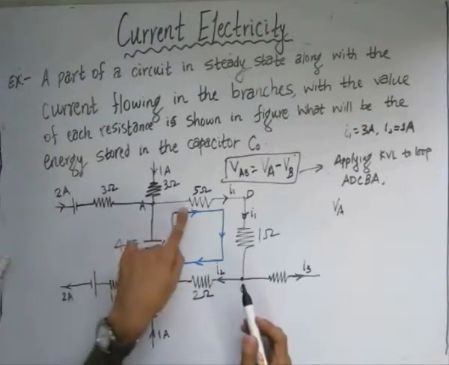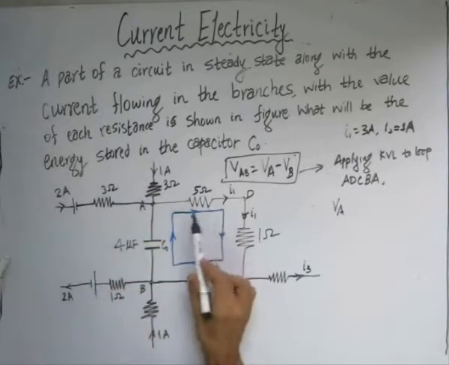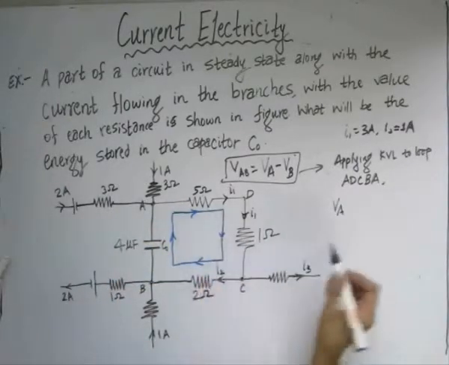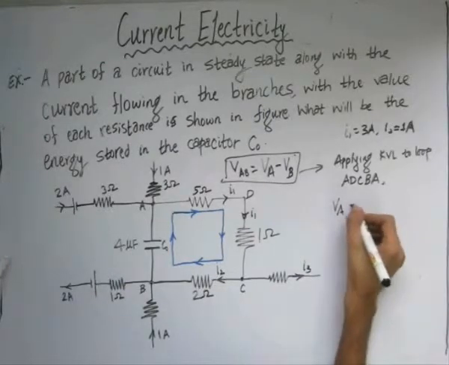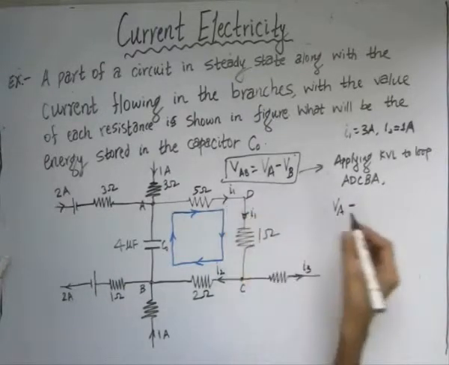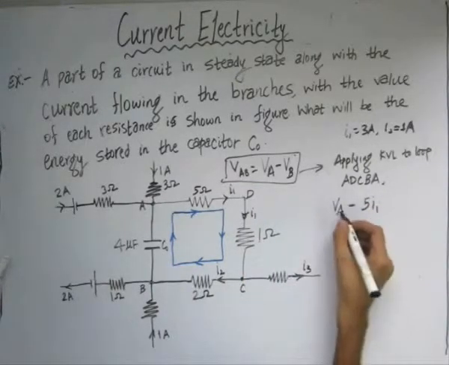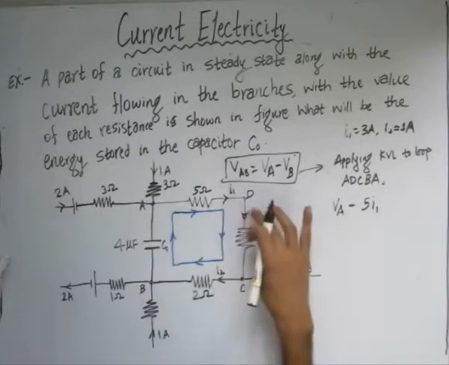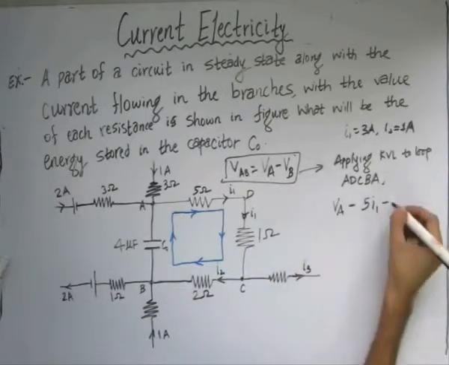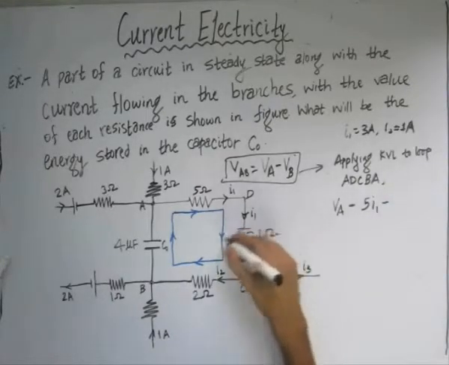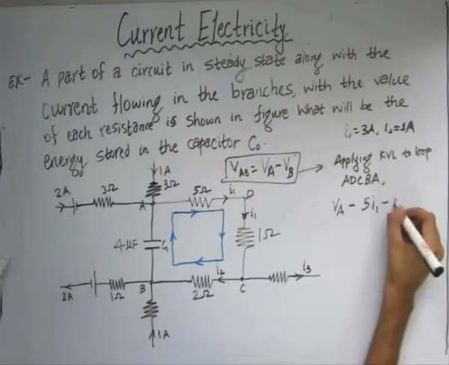Then for this potential drop, the direction of the current I1 and the direction of the loop, as can be seen, both are in the same direction. So the potential drop should be taken as negative as per the sign convention. So the potential drop is given by Ohm's law as I into R. So the value of current is I1 and the value of resistance is 5. So VA minus 5 I1. In this branch also the same current I1 is flowing. So again applying KVL, since both the directions for the loop and the current coincide, again there will be a negative sign. So this would be minus I1.